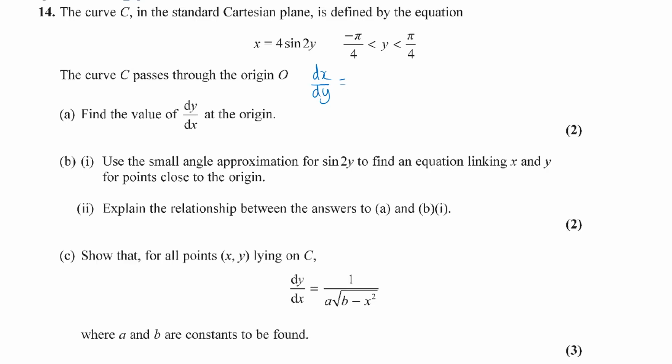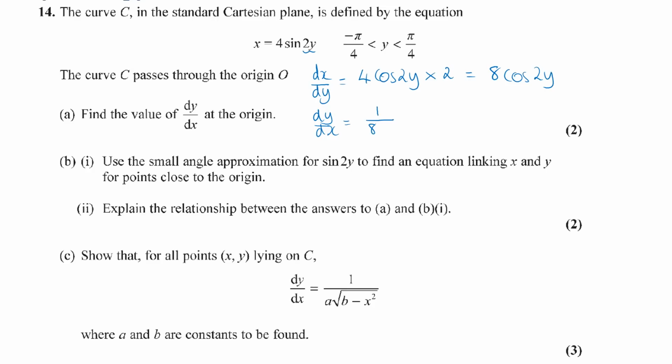So differentiate with respect to sine first, leave alone the 2y, so that will be 4 cos 2y, the 4 will just join in on the front, and then differentiate with respect to the 2y, so that's times by 2, so altogether that will be 8 cos 2y, and then dy by dx will be that upside down,